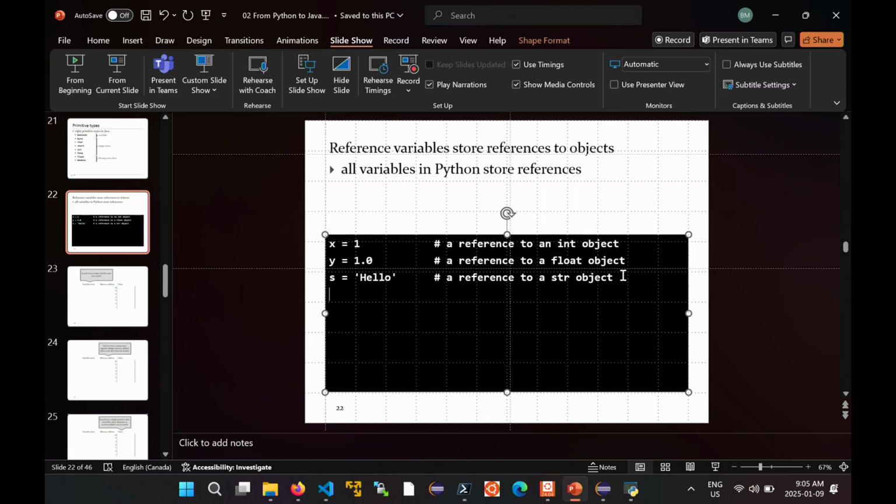So I have x and y. What happens if I write z equals x? In Python and in Java, the equals operator is the assignment operator. What that means in both languages is you take the value of the right-hand side, so you take the value of x, and you store that value in z. So when you go over to your memory diagram,